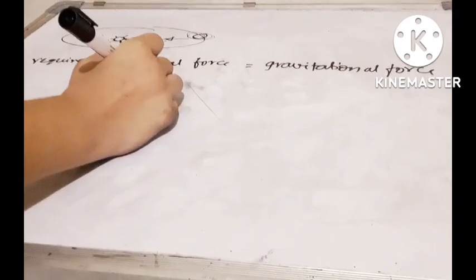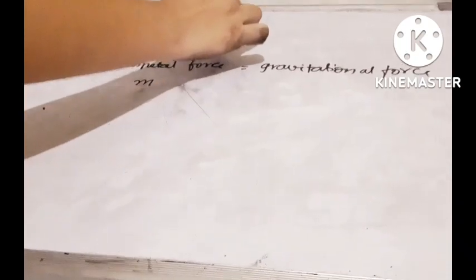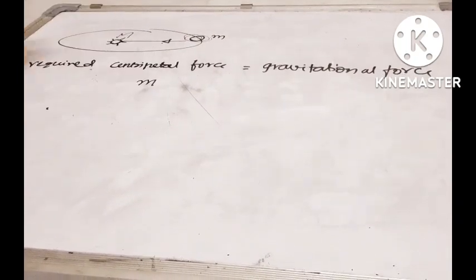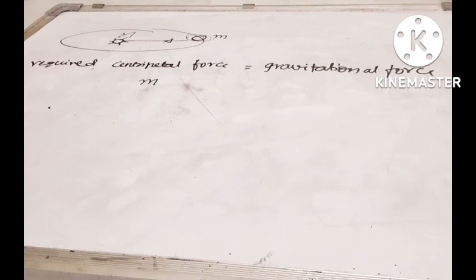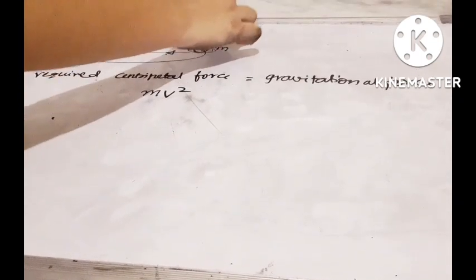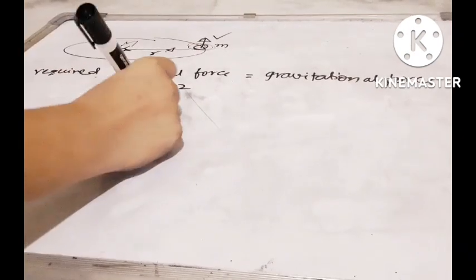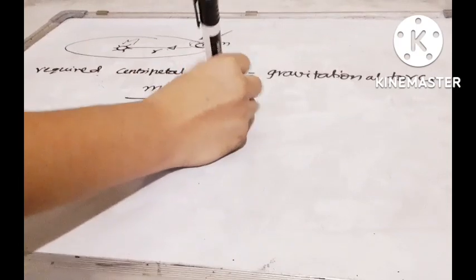Now centripetal force I can write as, mass of the planet I am taking m, and mass of the sun I am taking capital M. So mass of the planet into v square by r, it's revolving with velocity v, and this distance is radius r,